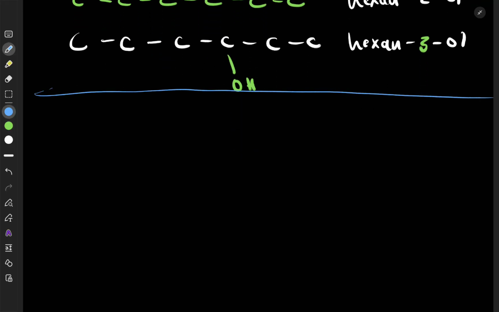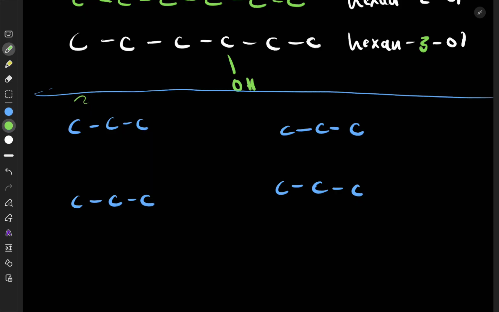Another example is, let's say I have 3 carbons. I'm going to put 1, 2, 3, then I'm going to put it again like this, again like this, and again like this. I'm going to have 4 possible isomers of compounds that have Br, because I can have Br on position 1 and position 2 like this, or one on position 1 and the other on position 3, or I can have them both on position 1. I'm leaving out the hydrogens so that I don't waste time. Or I can have them both on position 2. These are 4 different isomers of